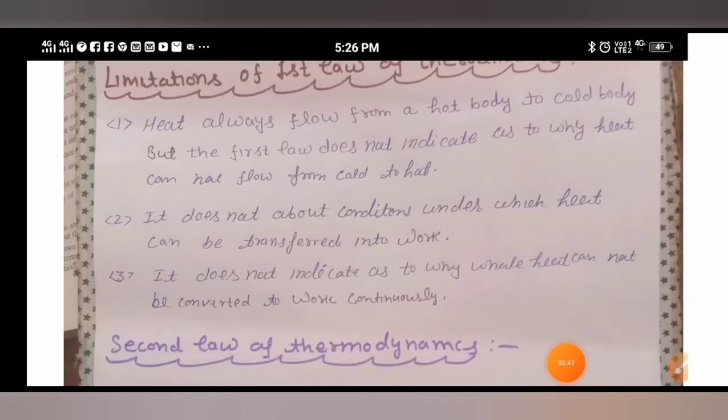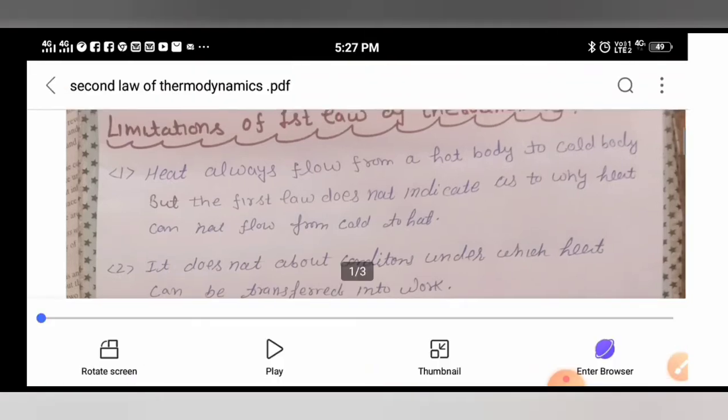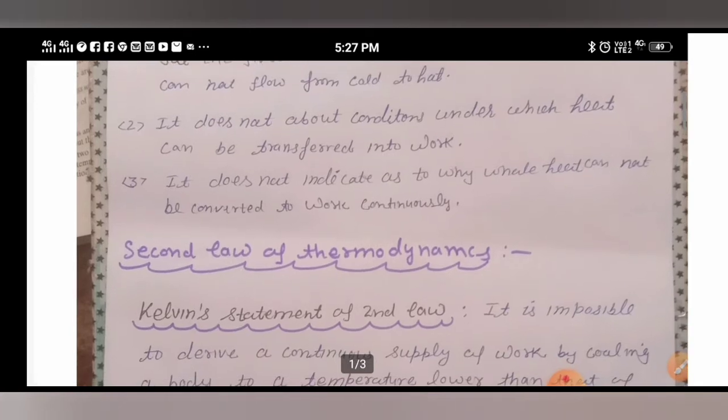First one is heat always flows from hot body to cold body, but the first law does not indicate as to why heat cannot flow from cold to hot body. Students, it is simple that first law doesn't indicate the direction of heat flow. Okay, and this is the first limitation of first law of thermodynamics. Next, second limitation is it does not tell about the conditions under which heat can be transferred into work. And third limitation is also very important, that it does not indicate as to why whole of the heat cannot